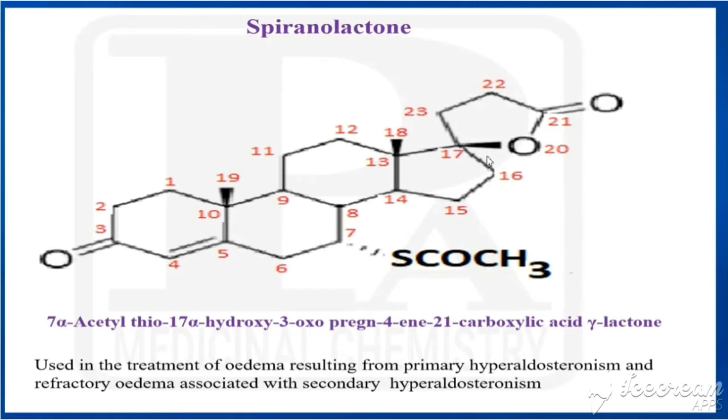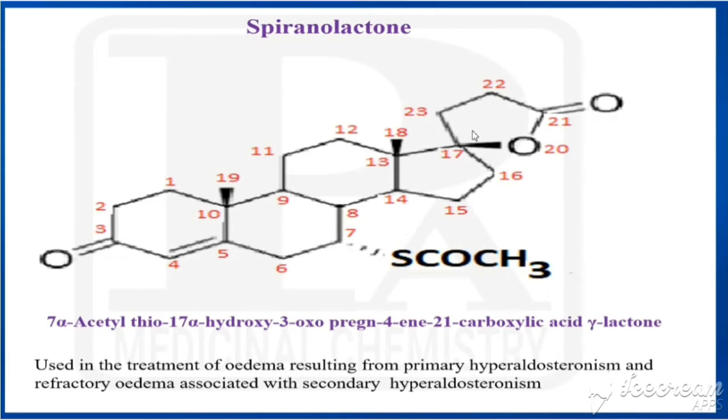Before getting the lactone, it actually has CH2, CH2, COOH and here OH. The COOH and OH are connected with the removal of one molecule of water, and we get a lactone. That's why it is called 17 alpha hydroxy, and this is 3 oxo. In the 17th position it is CH2, CH2, COOH, as I already said. Because of the presence of two carbons, the parent one is called pregnane.